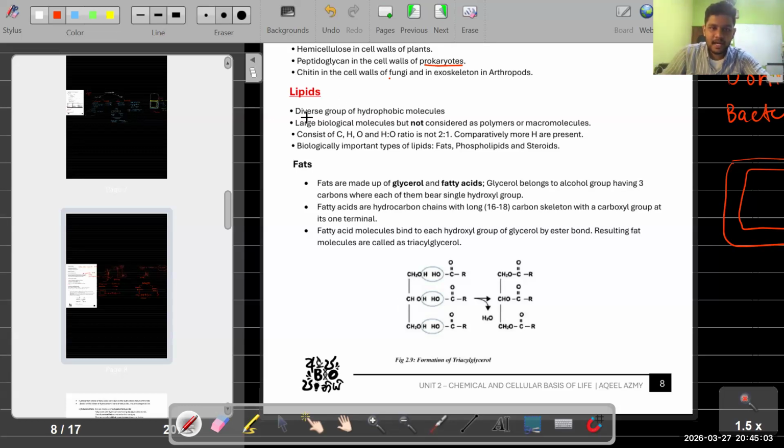Lipids. Lipids are a diverse group of hydrophobic molecules. Diverse means a common group. Hydrophobic means, are they water loving or water hating molecules? Water hating. Water hating molecules, right? Water loving molecules means